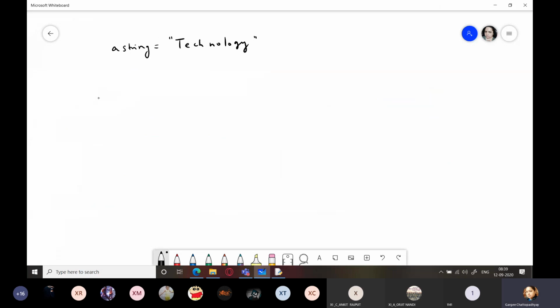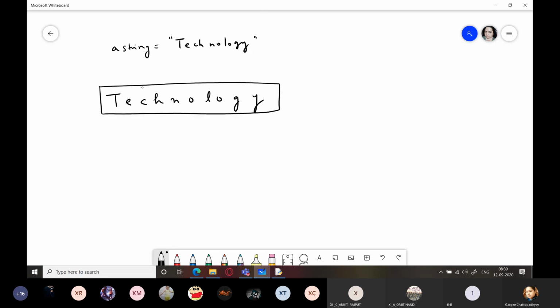So I have a string equals technology. So I am going to write it like this. So this is a string object which is pointing to this whole string object.